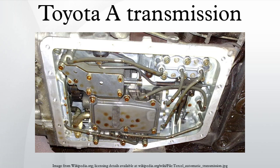A340F equals. Applications: 1985 to 2004 4Runner, 2000 to 2004 Tundra, 1985 to 1995 Pickup, 1996 to 1998 T100, 1995 to 2004 Tacoma, 2001 to 2004 Sequoia. A341E equals. Applications: 1990 to 2000 Toyota Chaser Mark II Cresta 2.5 GT Tourer V, 1991 to 1997 Toyota Soarer 4.0L V8,